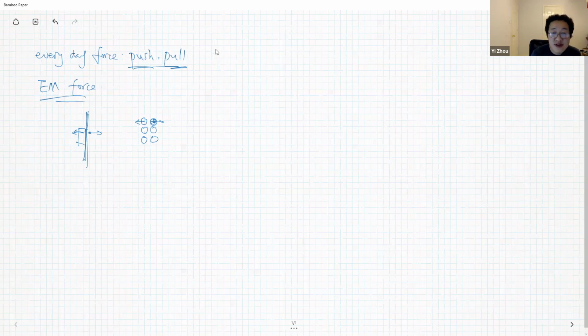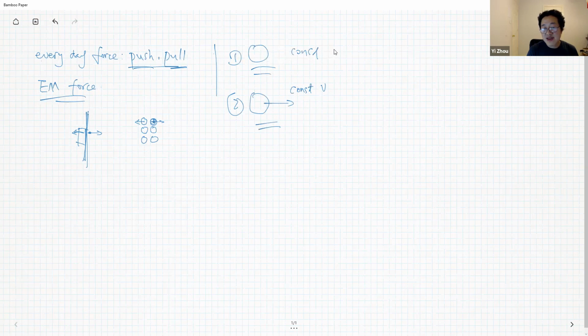So Newton's first law tells you that something will stay where it is or keep moving with a constant velocity, right? These are the 2 states they want to stay in. Case 1 is actually a special case of case 2, because when it's not moving, it's basically a constant velocity of 0.